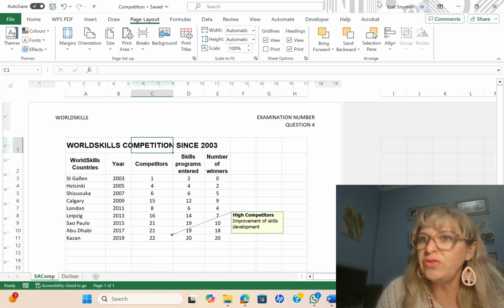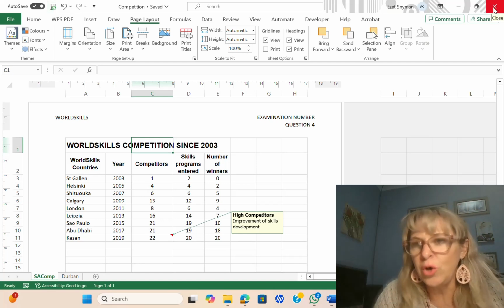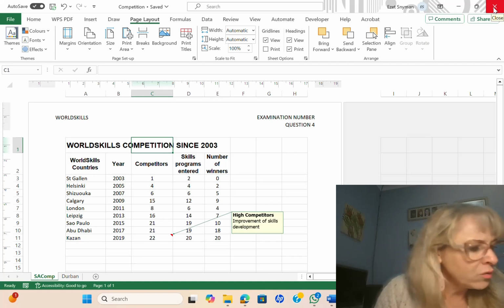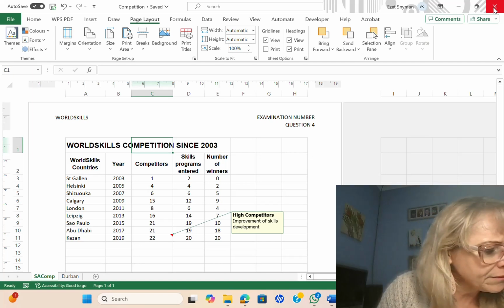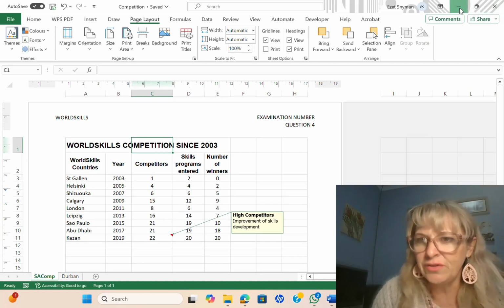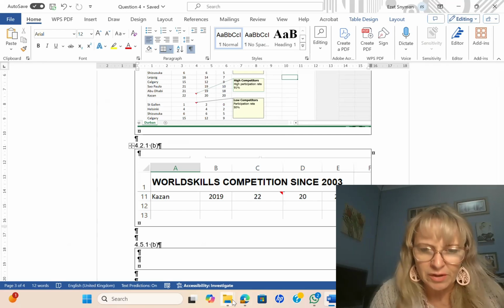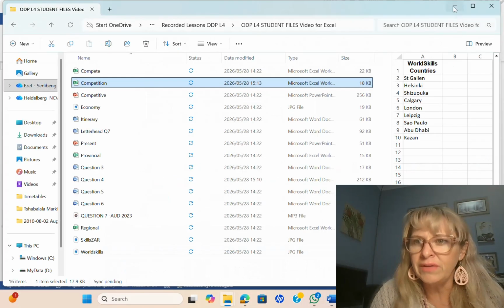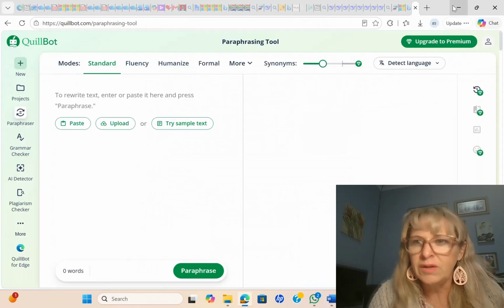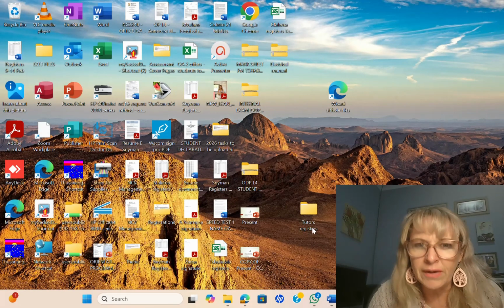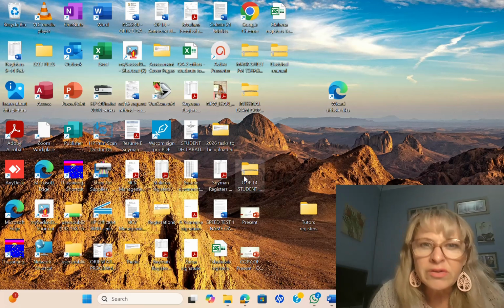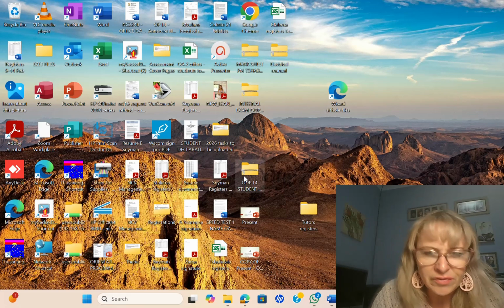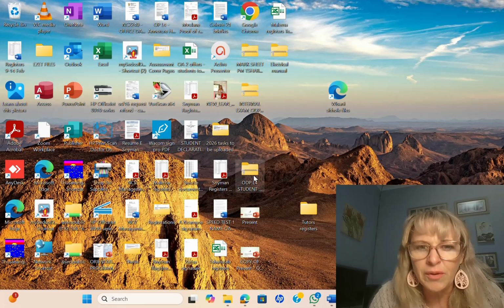Now we're going to close this one because now they want you to work on a different file. Or must we just minimize it? Let's just minimize it before we now close it. All right. So I put my files on my desktop. It will now depend on where you saved yours. Now I just need to look for it again because I've got a lot of stuff on my desktop. Okay.